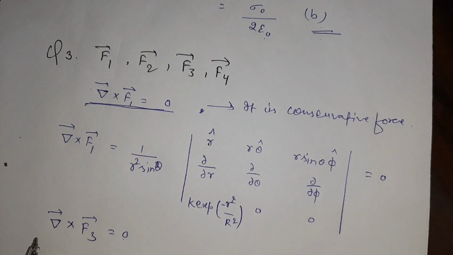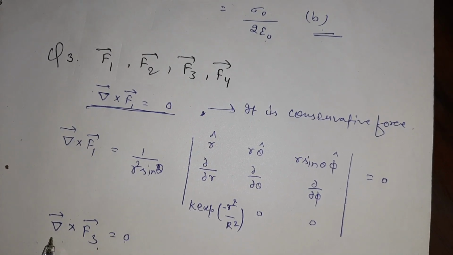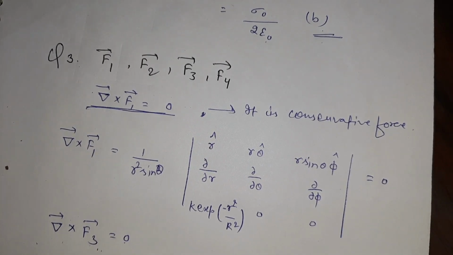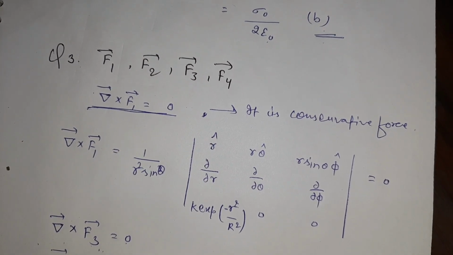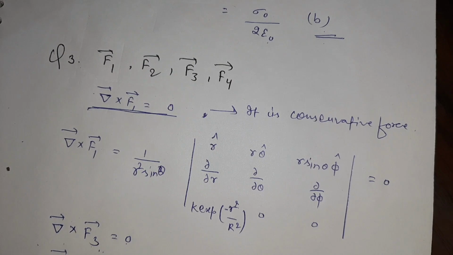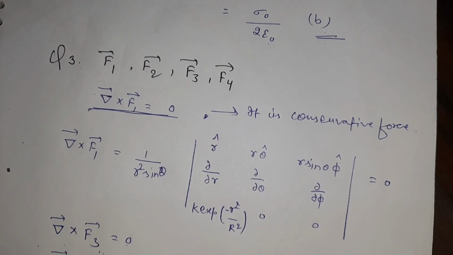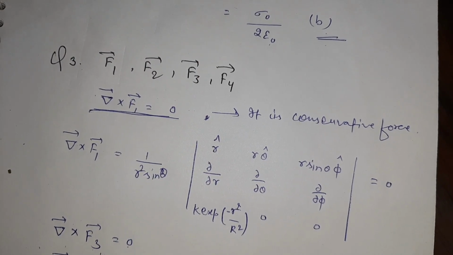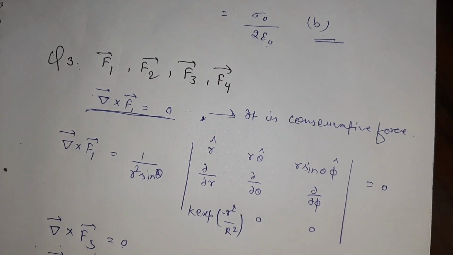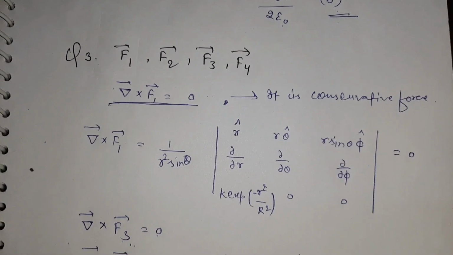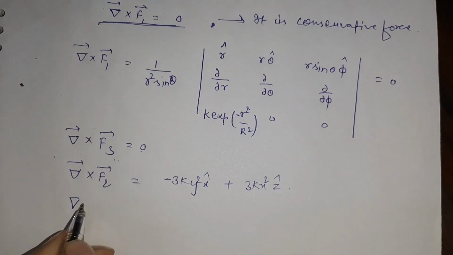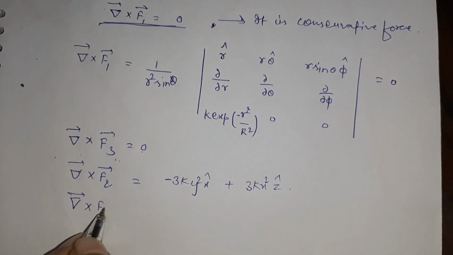Okay, if we find the curl of F3, then it will be equal to 0, and if we find the curl of force F2, we will see that the value will be 3ky square x cap plus 3kx square z cap. And for the curl of the force F4,